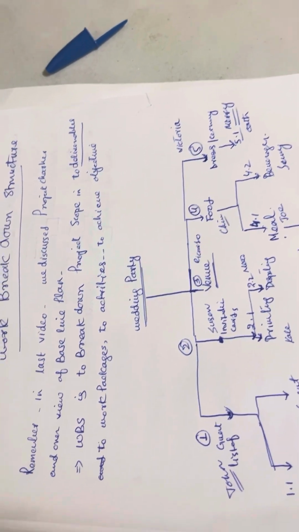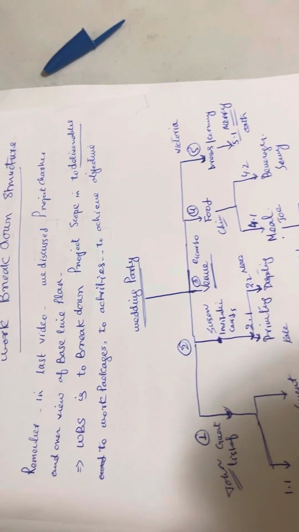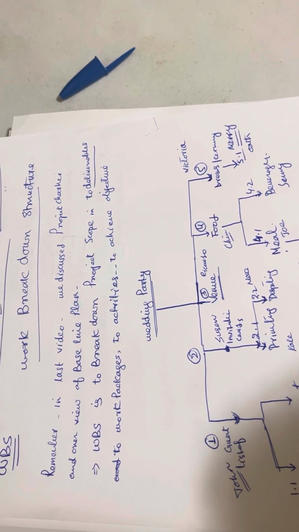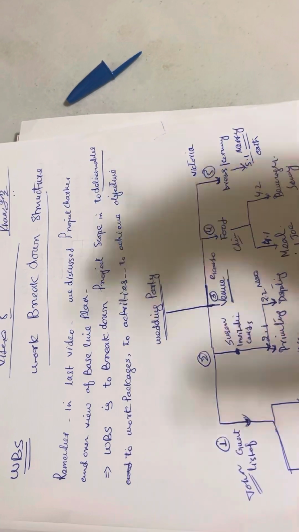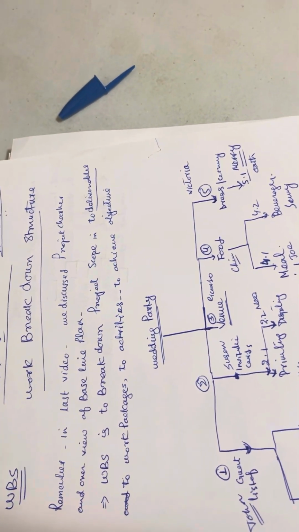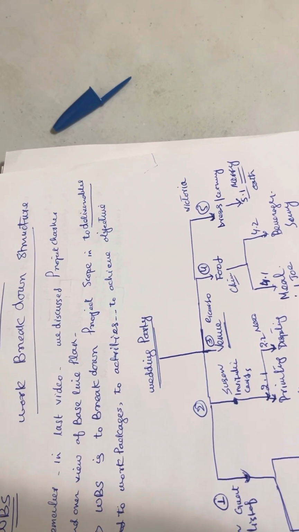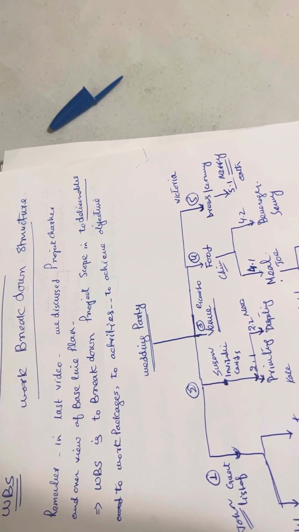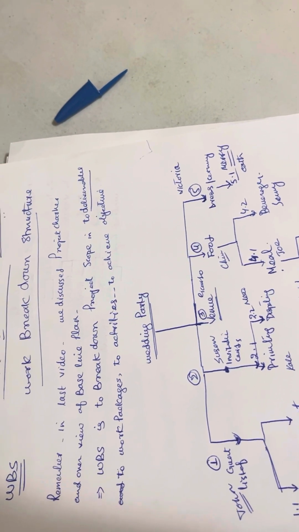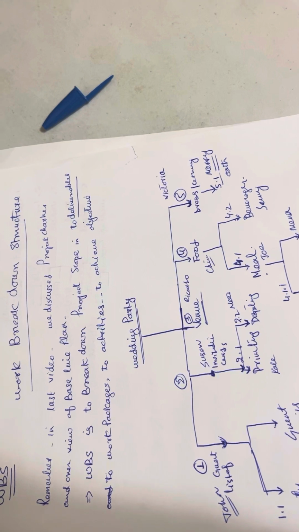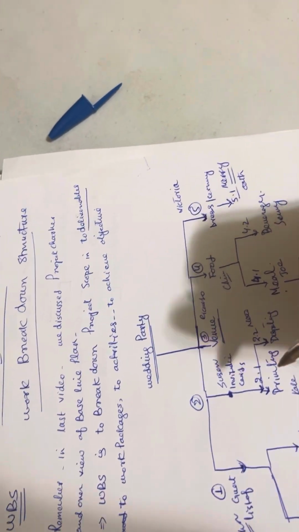And remember I told you that the work breakdown structure is a top to bottom, hierarchical distribution of the project into deliverables and then further activities. That's called the work breakdown